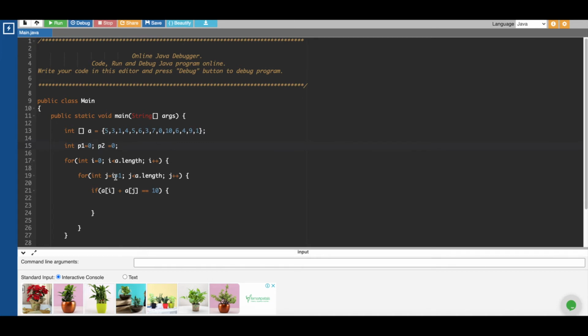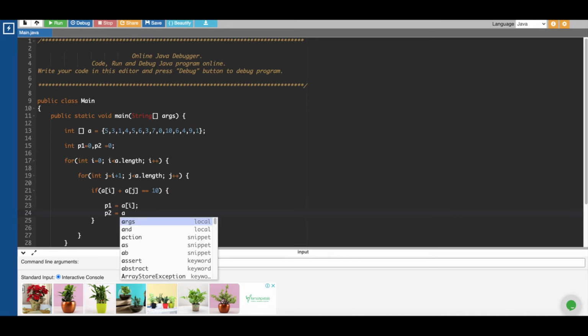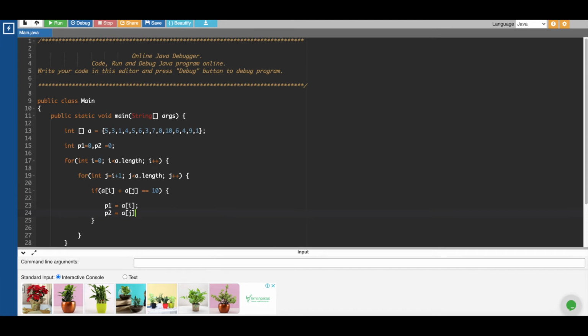Then p1 will store a[i] here. We don't want to disturb the array itself, so we'll take p1 and p2 and store the value of a[i] and a[j], right? Now we'll run this program.